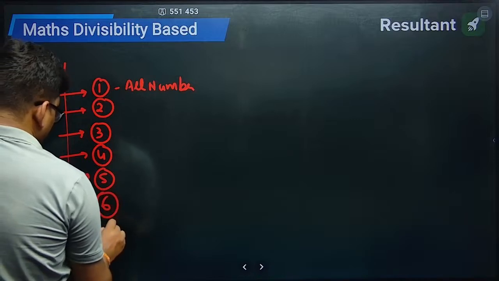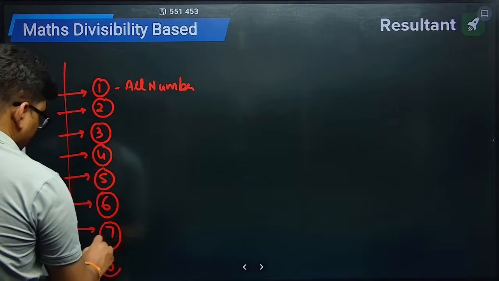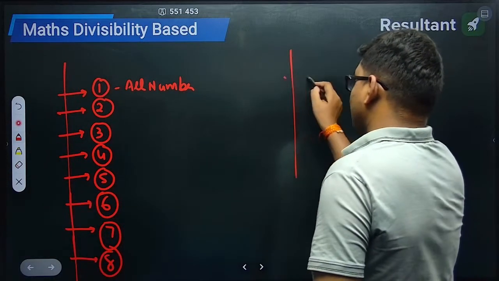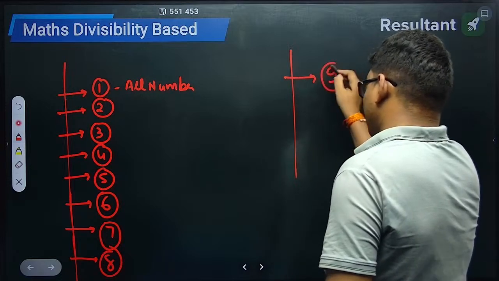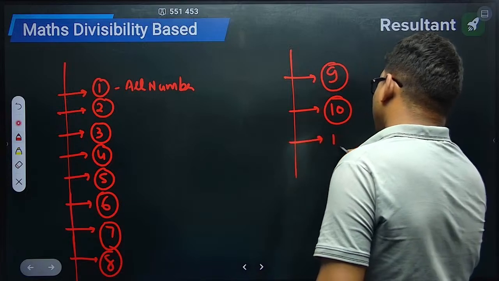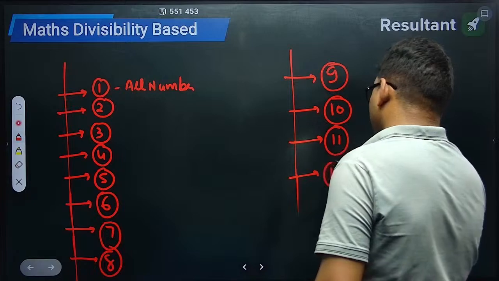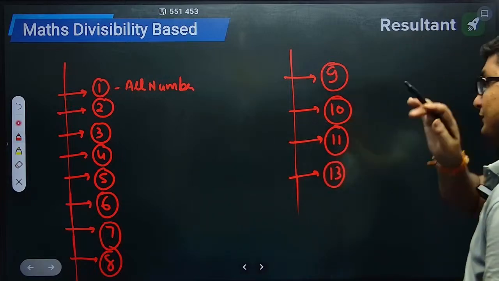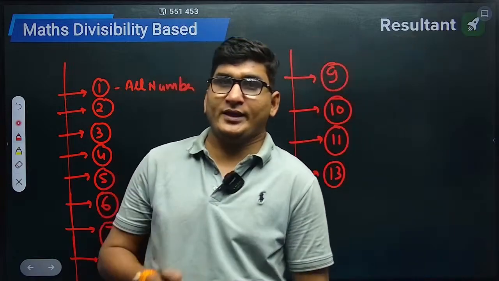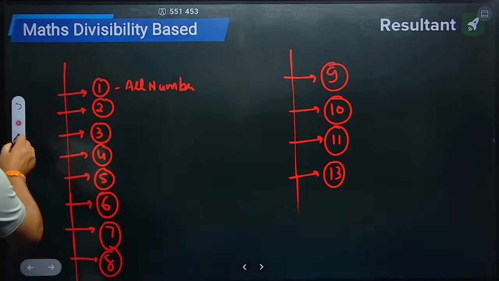6, 7, 8, and now next we will also talk about divisibility of 9, divisibility of 10, divisibility of 11, divisibility of 13. Correct? Now see one thing here, that is what I told you recently, the divisibility of